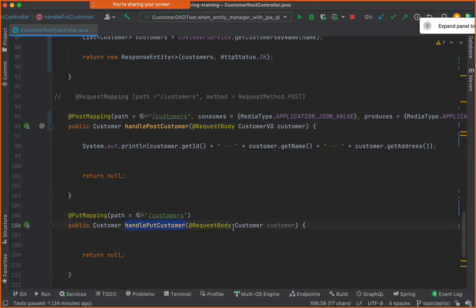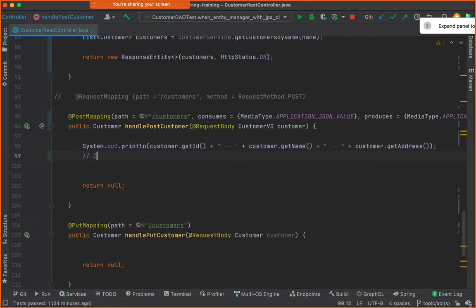With put also, you will be taking the request body and getting the values. But then from here, if you wanted to really update the data, how will you update it? You will be again calling a service, isn't it? All right, call a service,